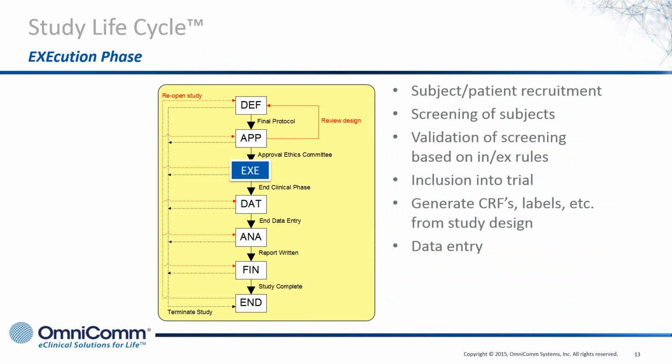Once the study is in execution, for the first time, subjects or patients can be recruited into the study, and we can start collecting and entering data. In Promasys, every trial starts with a screening or baseline visit. If the patient has completed the screening and complies with the in- and exclusion criteria, he or she can be